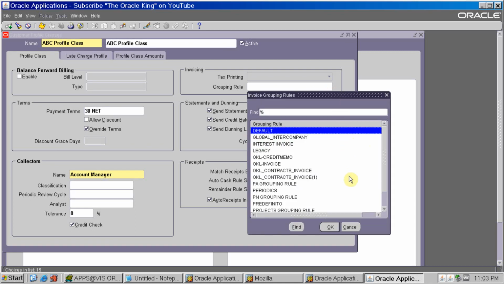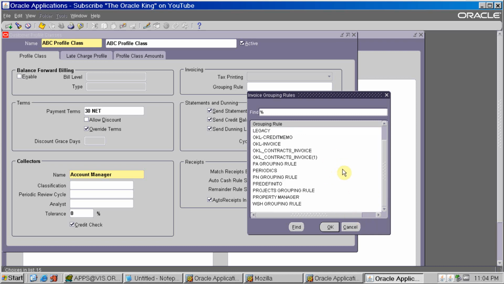If you want to group your invoices, you can use these rules. Normally this is used for AutoInvoice, which is used to group revenue and credit transactions into invoices.